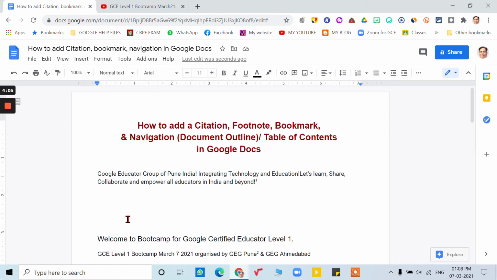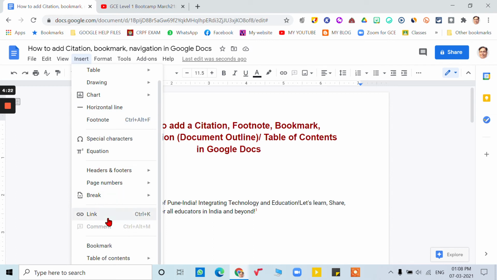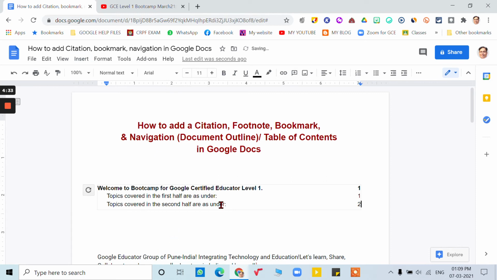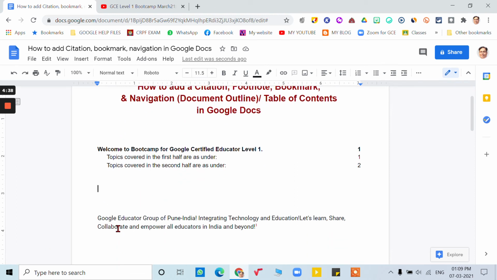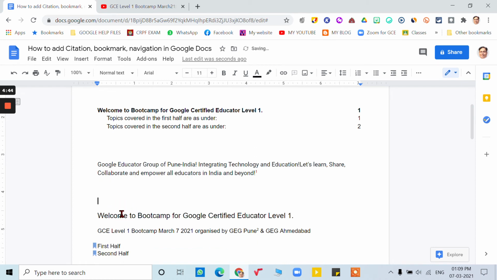Next we'll be talking about the navigation, which is very important as a document outline. And for that, let me also insert the table of contents. So how are we going to insert the table of content? Go to insert. At the top bottom, we have table of contents. Generally, we prefer to have it along with the page numbers. So let me select the first option. So it is already being created. We can refresh as soon as we add some new content to this document.